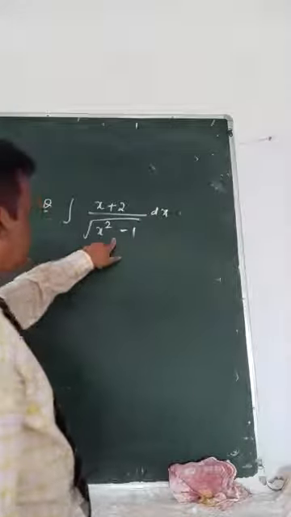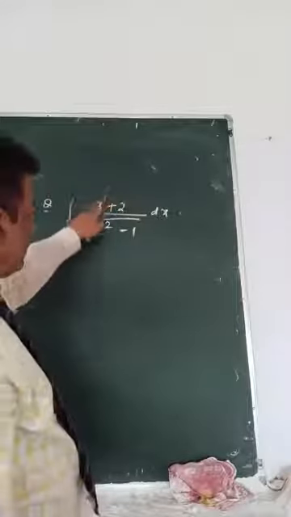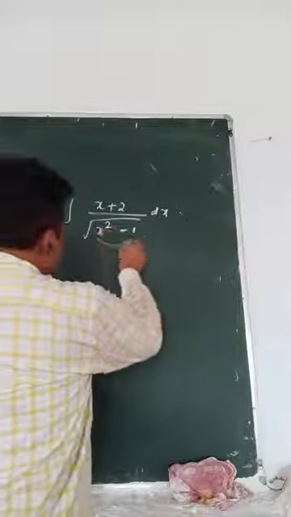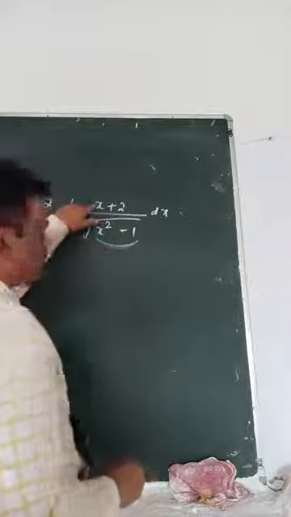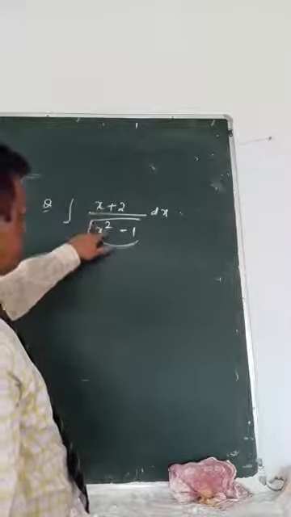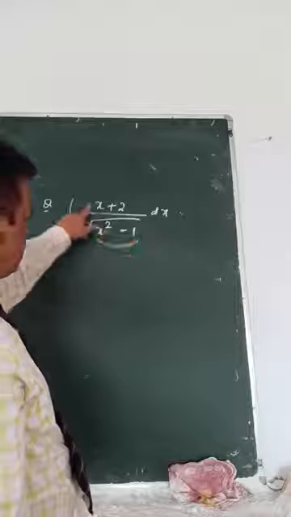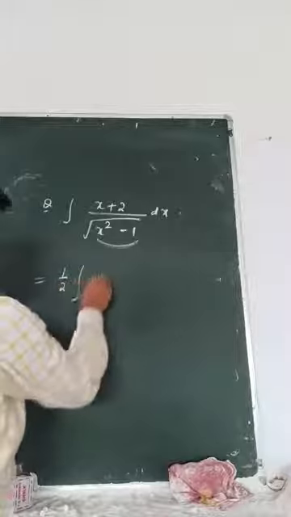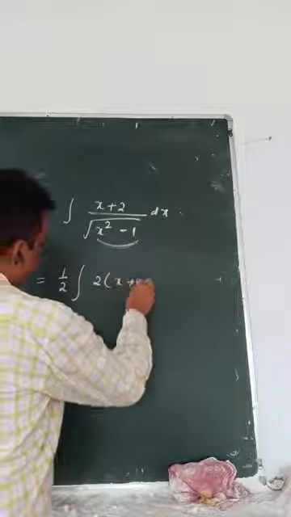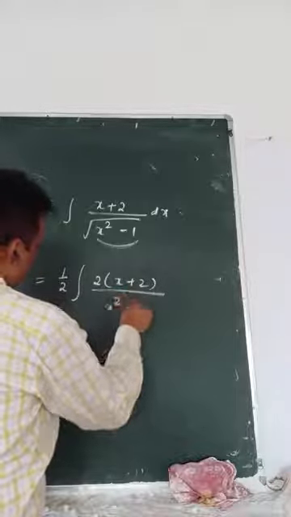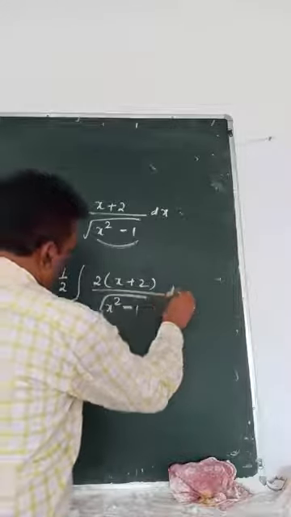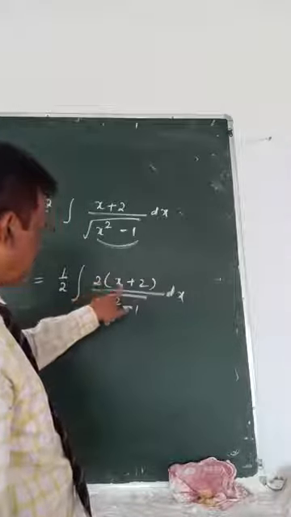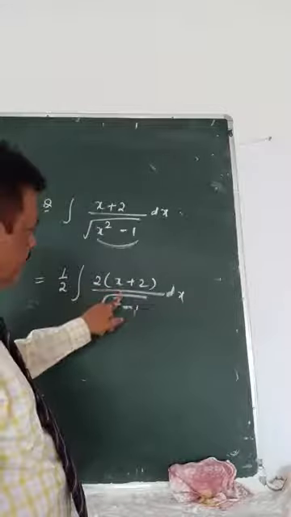So this is different. This is different means first the numerator was constant 1. Now your numerator is containing x. So what you do is you try to create its derivative here. Like x square derivative is how much? 2x. This is 0. That means it should be 2x here. So how to get 2x? Now I have to make it half, 2 into x plus 2, x square minus 1 under square root, then dx. So now when you multiply 2, this becomes 2x, means its derivative will be this one.